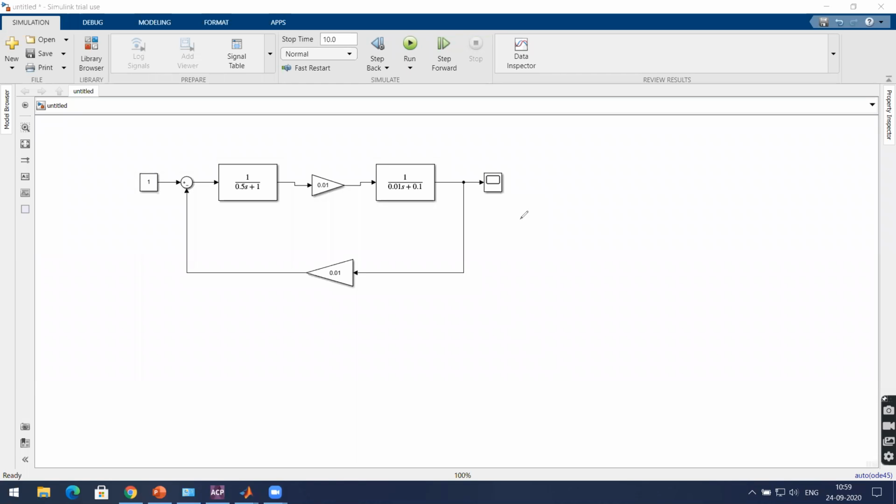So you have to add a controller, sir, before the transfer function. Okay, this whole thing is the transfer function, right, sir? So add a controller, delete this, I'll delete the input. Shall I delete this block? No, sir. You have to add a PID controller between that voltage and that summing point, sir. Why do you need voltage on the left side when you are adding a controller? Oh yes, sir. Don't need it.